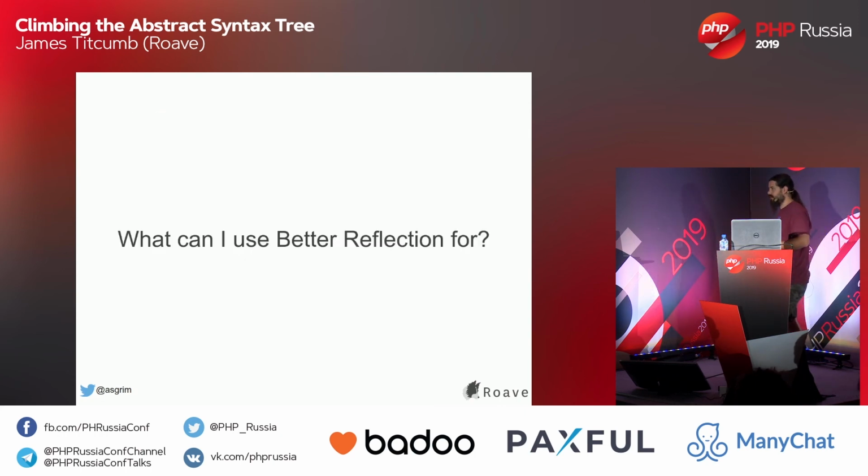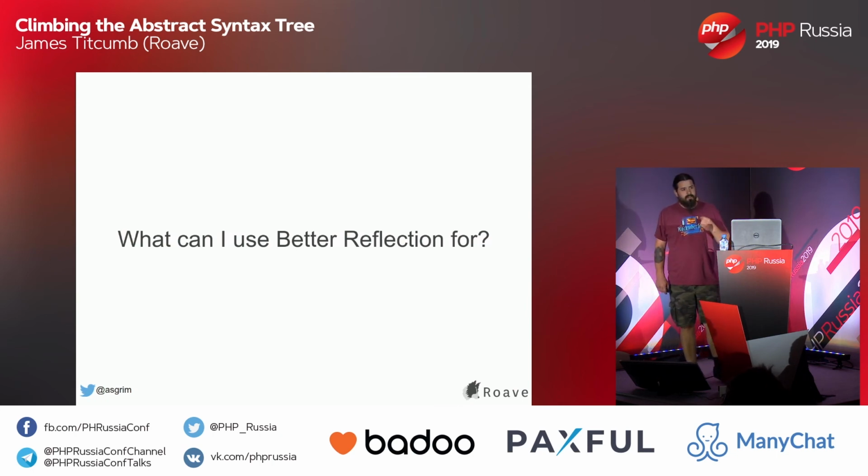So what can I use Better Reflection for? Well, everything you can use normal reflection for, but if you don't want to go above and beyond that, then you may as well just use normal reflection because it's faster, right? But when we use Better Reflection, we can reflect on files and strings and so on without actually loading them, right? So we can do static analysis using this. It doesn't use any of the internal reflection API,